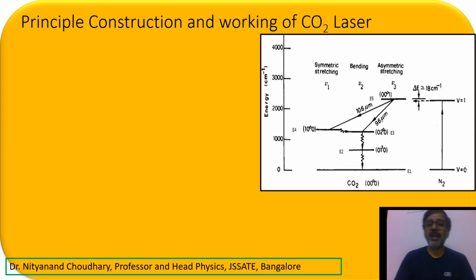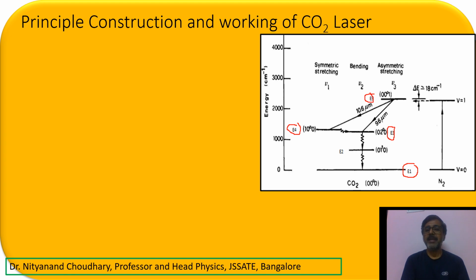Now this is the diagram I have represented. First let me explain it with carbon dioxide. Here, this is your first one, I have taken the ground energy state, and we are calling this E1. In the first slide I told you this is a 4 energy state laser. So this is your ground energy state. Now we have E2, E3; leave E2 for a moment. Then this is your excited energy state E3. Here you have E4, and here you have E5.